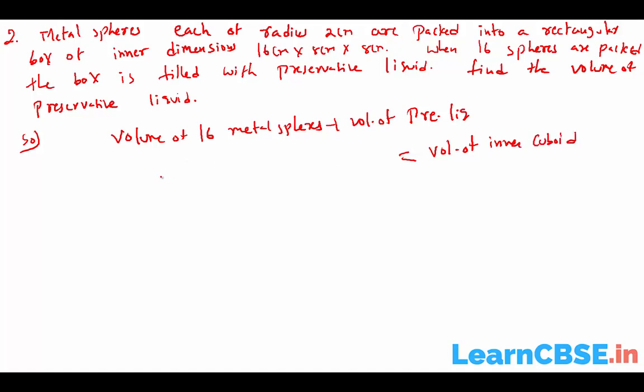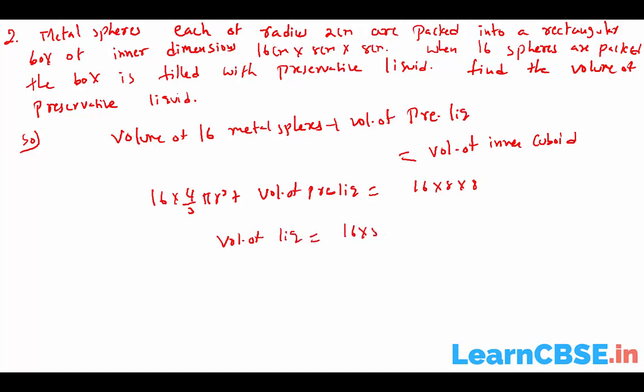So volume of 16 metal spheres means 16 into 4 by 3 pi r cube, plus volume of preservative liquid equals volume of the inner cuboid, 16 into 8 into 8. So volume of liquid equals 16 into 8 into 8 minus 16 into 4 by 3 into 22 by 7